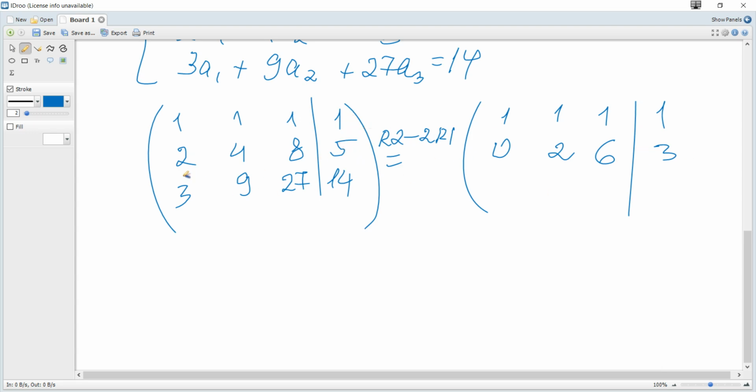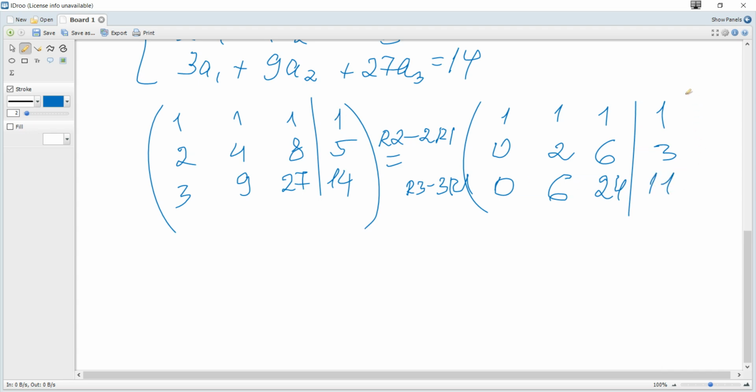And then we make 0 here, and we can consider row 3 minus 3 times row 1, so it becomes 0, 9 minus 3 is 6, and 27 minus 1 multiplied by 3 is 24, and 14 minus 3